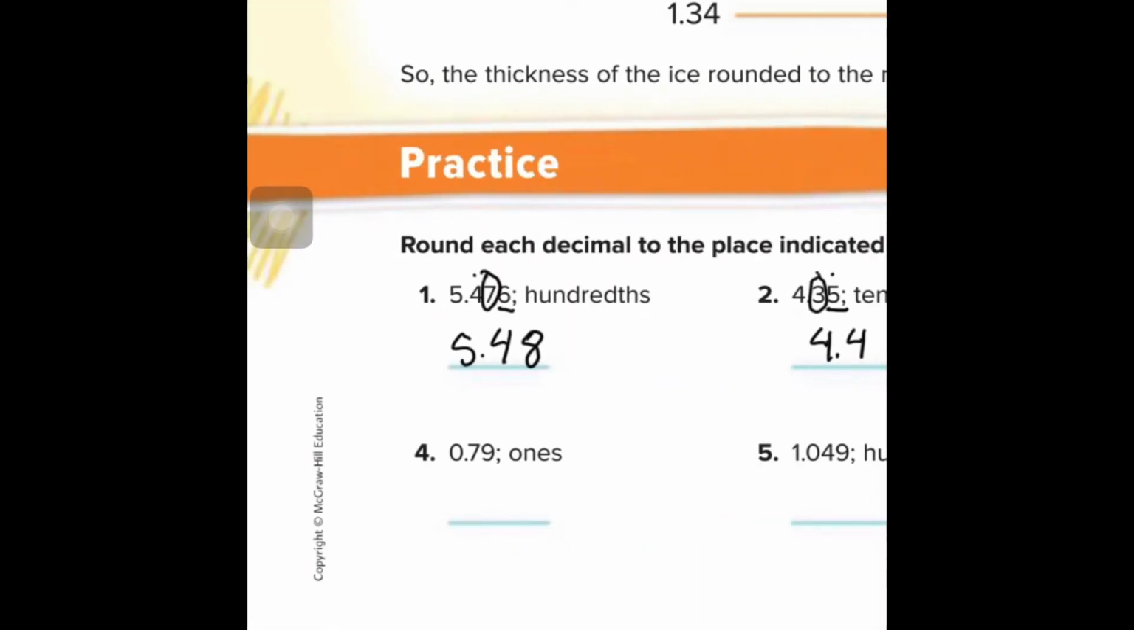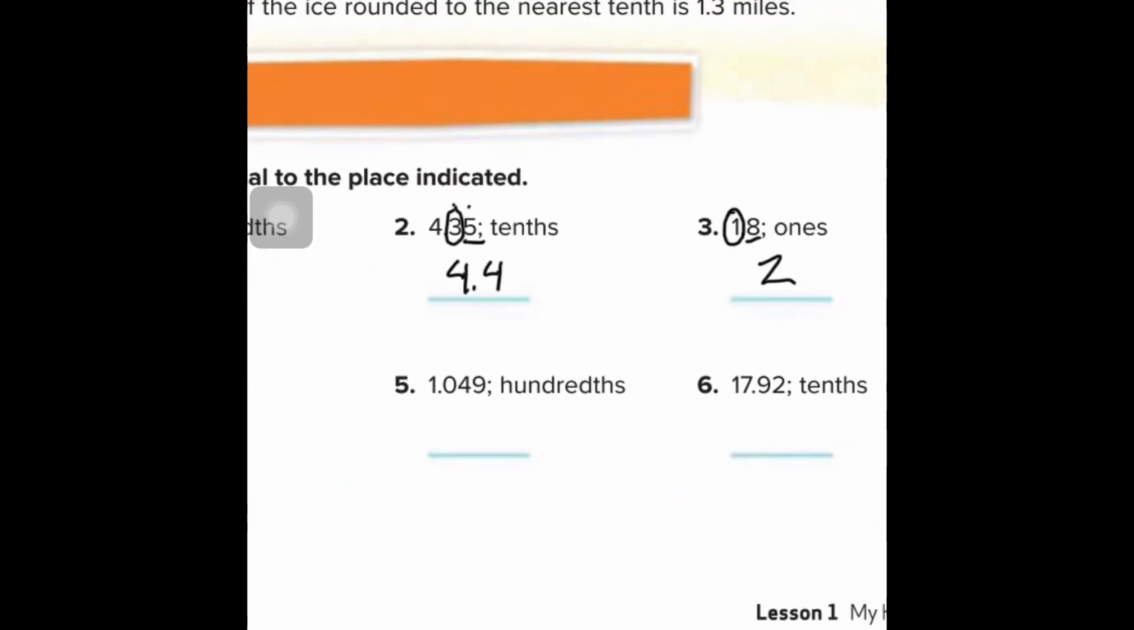Number 4, we are circling the ones category. The 7 is going to determine what happens there. So 7 is above 5, so it's going to round up that 0 to a lonely little 1. Next, we're going to be working on 5. Number 5, hundredths. We have tenths, hundredths. Hundredths is our target, and the 9 is going to determine what happens to it. So it's going to round that up to a 5. So you're going to do 1 and